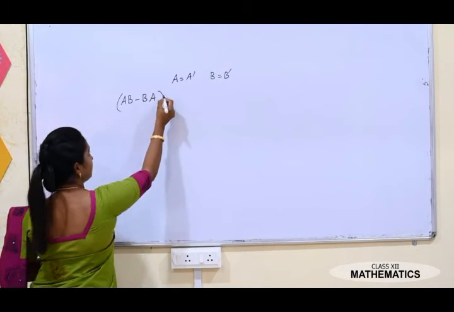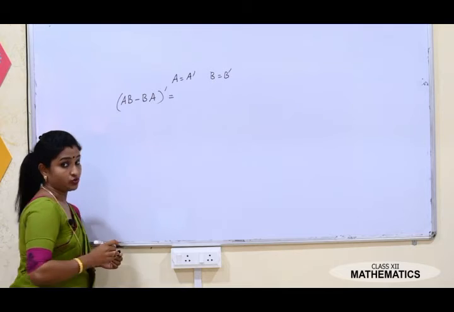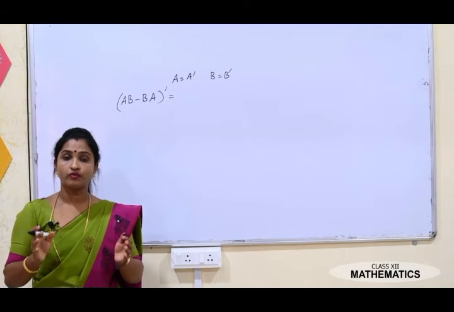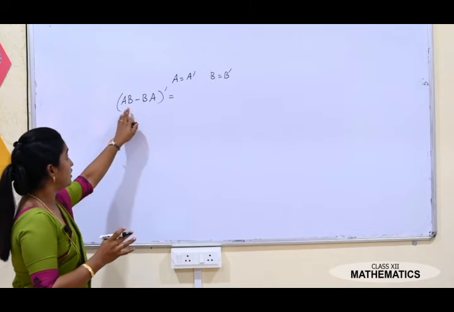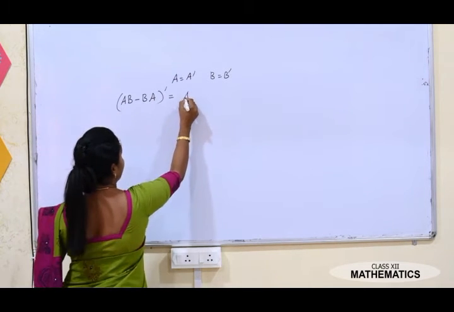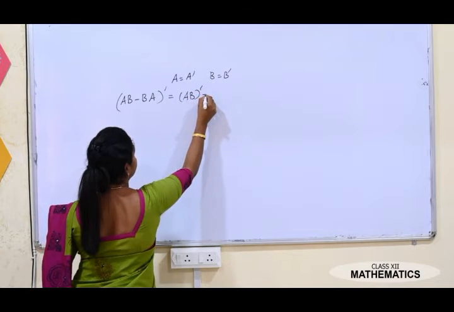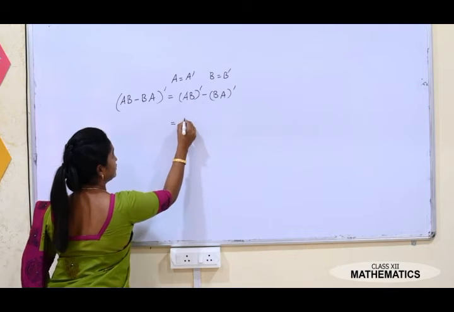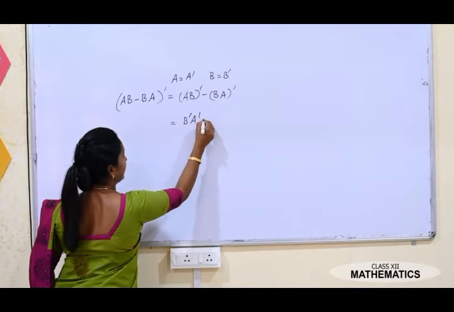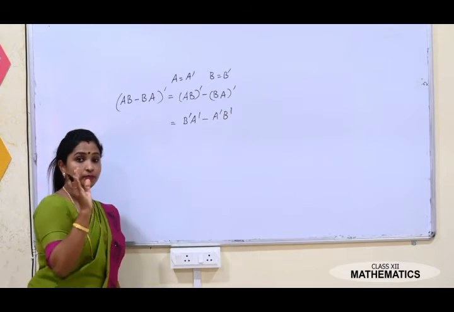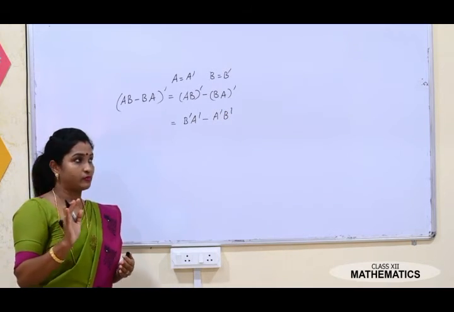Okay, skew symmetric means start with transpose. See, if you want to find any answer for symmetric and skew symmetric, you have to always start with the transpose. Now AB minus BA the whole dash, what does the property say? The property says that it is (AB) dash minus (BA) the whole dash, and this equals B dash A dash minus A dash B dash. थोड़ा प्रॉपर्टी को याद रखना, प्रॉपर्टी मैंने ऑलरेडी आपको एक्सप्लेन किया है.